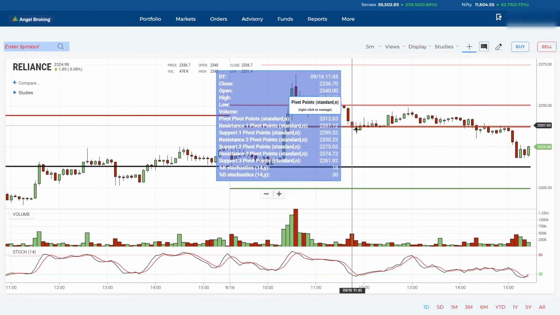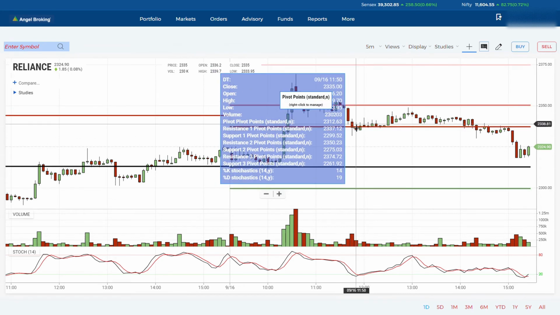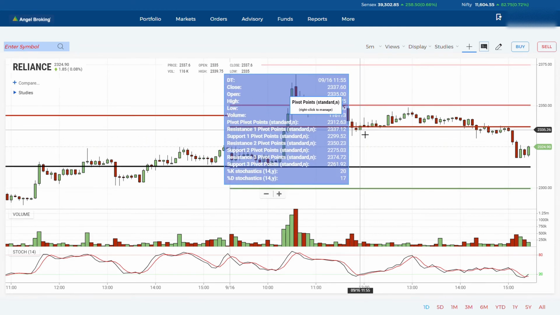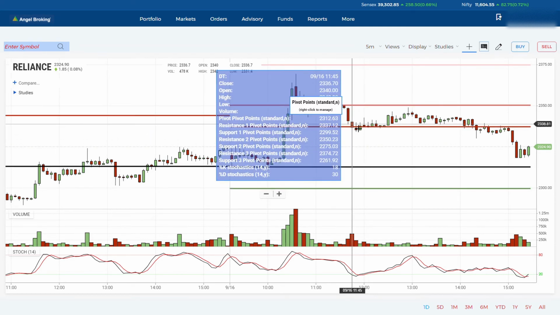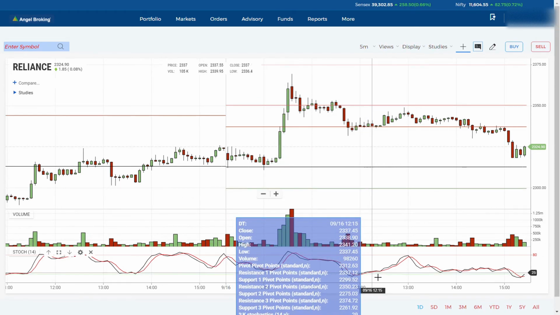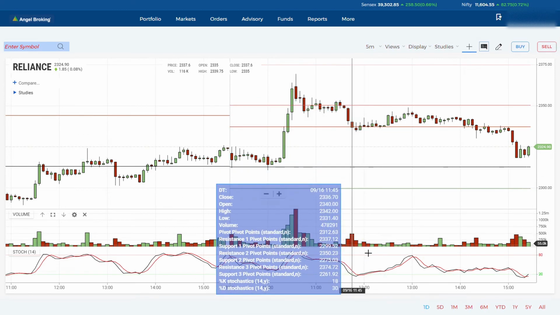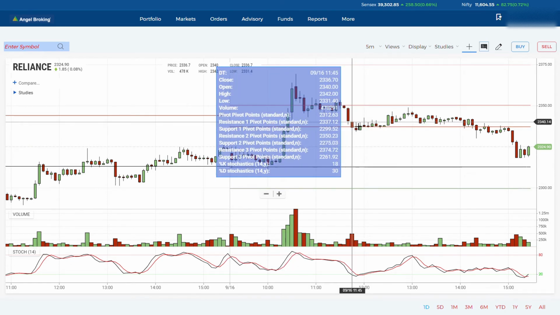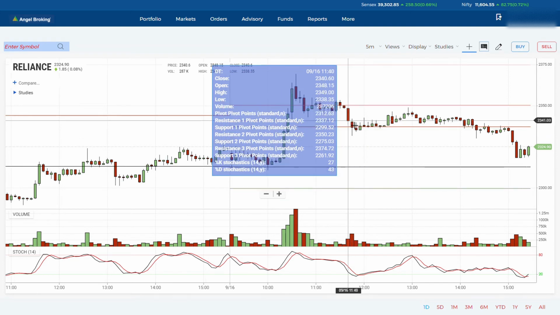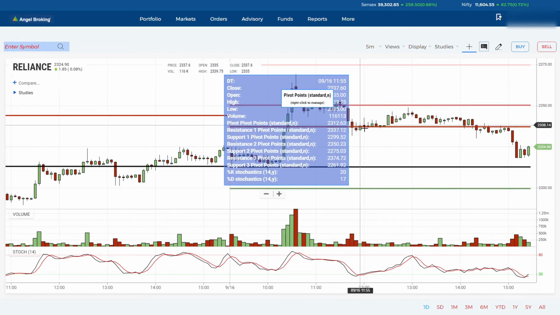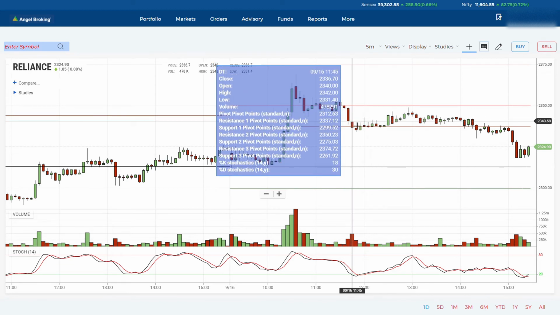So the price is coming down. It tried to break it, but it's not able to break it properly. You can see the green signal. It's kind of a false breakout. Even if you check the stochastics, it's not giving a good signal, and the volumes are also a little bit low. For example, if I'm taking a position here and putting this previous red candle as stop loss, it is coming up and will hit my stop loss.